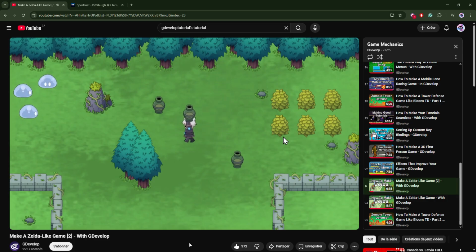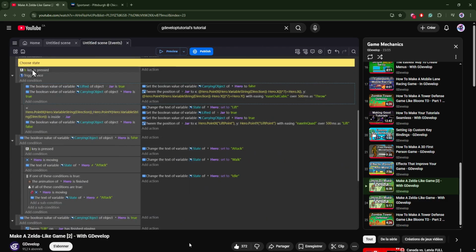And the very last thing is throwing the jar, for which there might be an easier way to do it than how I did, but here we go. So when the H key is pressed, and both the jar's and hero's Boolean variables are true, to let us know that the hero is carrying something and the jar is being carried, we set the Boolean variable for the hero for carrying object to false, so you're not carrying anything anymore, and tween the position of the jar to